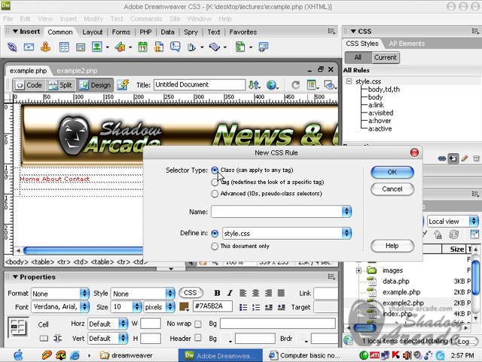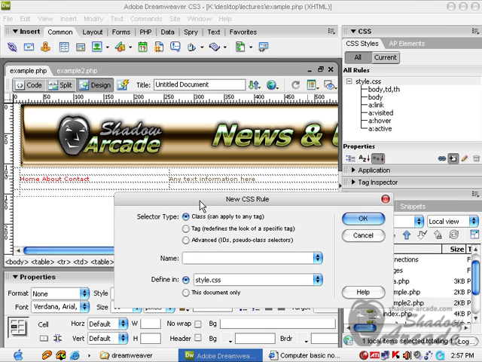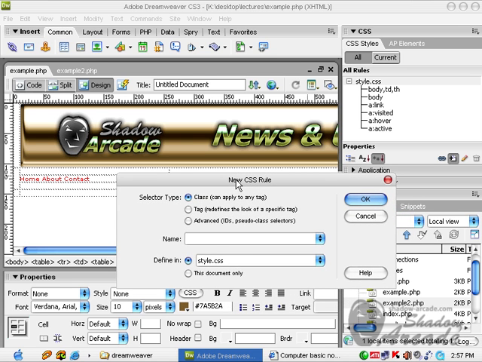First of all, we're gonna create a class, and it can be applied to any tag. Mostly we apply this style to our table data cells, and just name it dot example. Do remember, if you are trying to create a class rule, you have to press the point button, which is full stop, from your keyboard, and then write any name which you can remember.